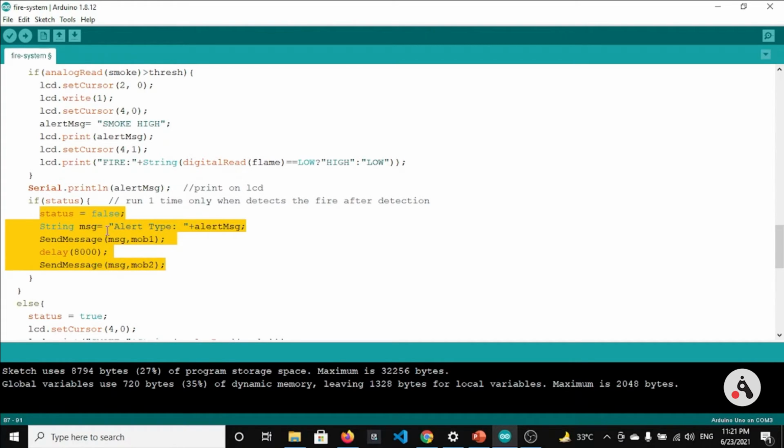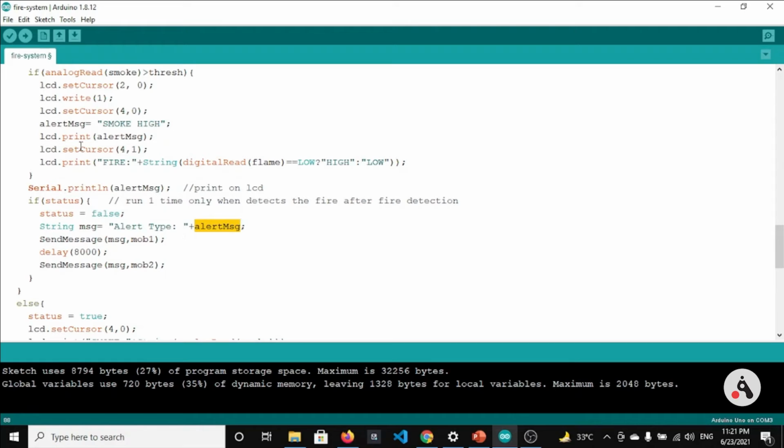So it will be executed only one time after the detection of fire, which you can see in the same comment here, which says run one time only when it detects the fire. So that is how it is working.